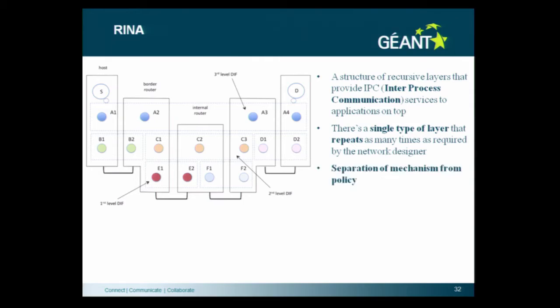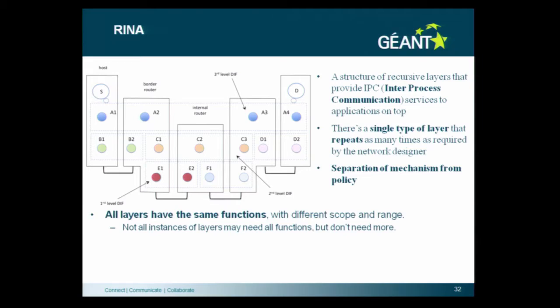There's a separation of mechanism from policy, which means that the number of protocols drastically reduces. For instance, now there are a whole load of protocols that just do connectivity checking. You have echoes in IP, in OSPF, you have the BFD protocol, but basically they do the same thing. They ping the end and try to receive it back. So that's the mechanism: you have a packet which gets an ACK. The policy is how fast do I send it, how many of these packets do I send, when do I trigger alarms.